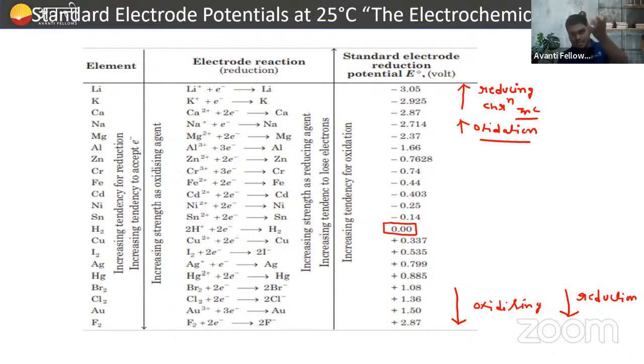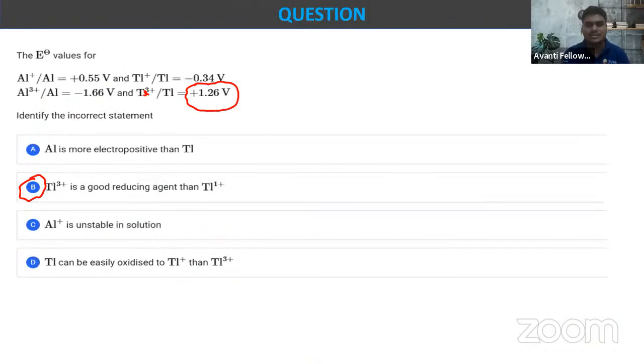On moving down the group, the electrode reduction potential becomes positive and the oxidizing property is increasing. Similarly, when we go above hydrogen, that is from hydrogen to lithium, then reducing character increases. मतलब जितना ज़्यादा negative होगा, उतना ज़्यादा वो reducing character होगा. Or if they have more positive electrode reduction potential value, it means they are oxidizing in nature. So just on the basis of this electrochemical reactivity series, can you just tell me the answer for